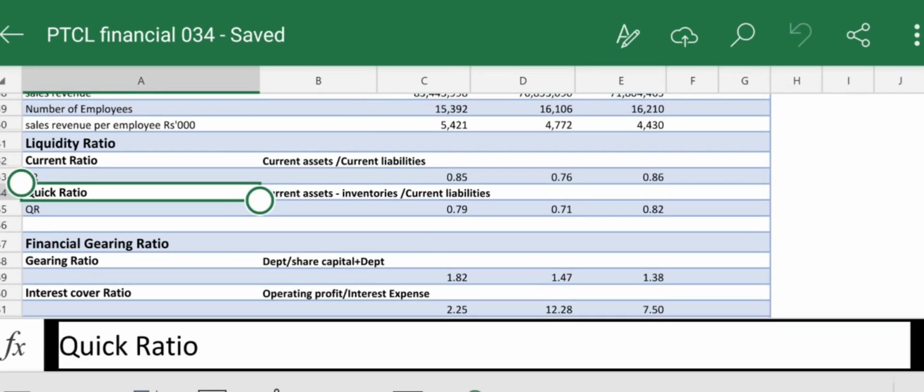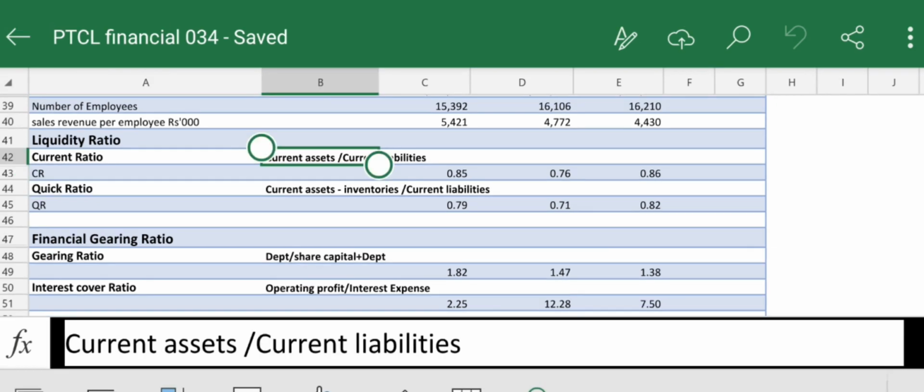Next is the quick ratio. The quick ratio formula is current assets minus inventories divided by current liabilities. Quick ratio of the PTCL